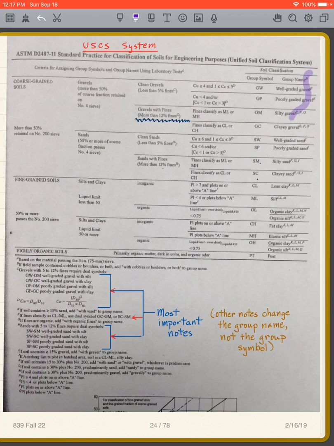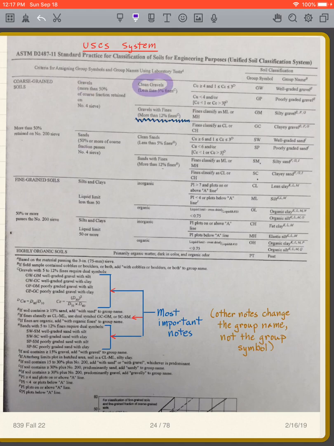And where are the notes? All of these little things you have to read here, which correspond to, for instance, this one says E, F, and G. So you have to go in here and you read E, F, and G, and those notes will pertain to this soil type. So again, the first thing that you have to do is determine, do I have a coarse grained or a fine grained soil, and then do I have a sand or a gravel, and then